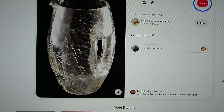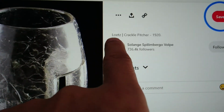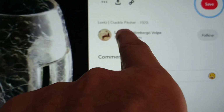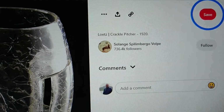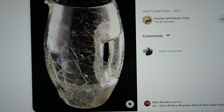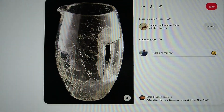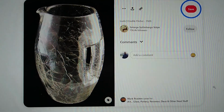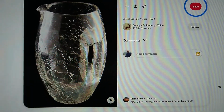So I found your jug. In fact, there's lots of them, so I know this is right. Everybody's saying it's Loetz, Crackle Pit. Well, in English that's a jug. 1920. There you go. So I picked this one because it's quite a nice picture of it. So there you go. It's Loetz, and I can't remember what price he had on it, but those are